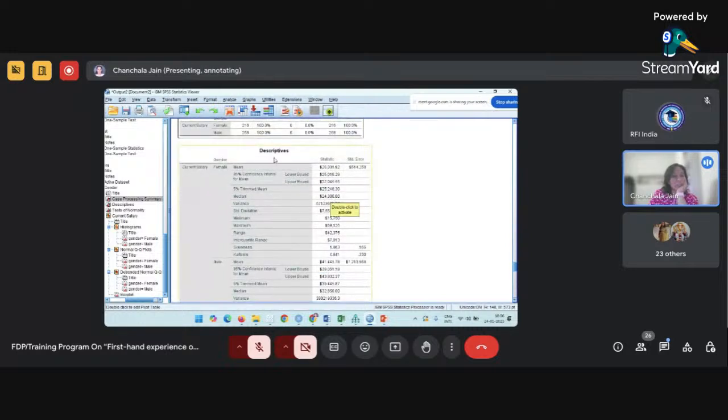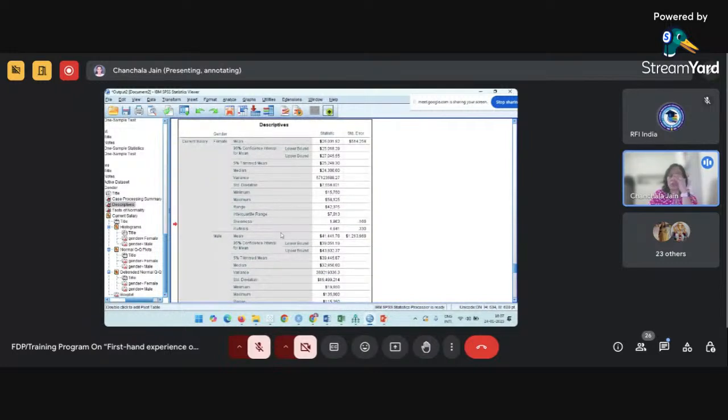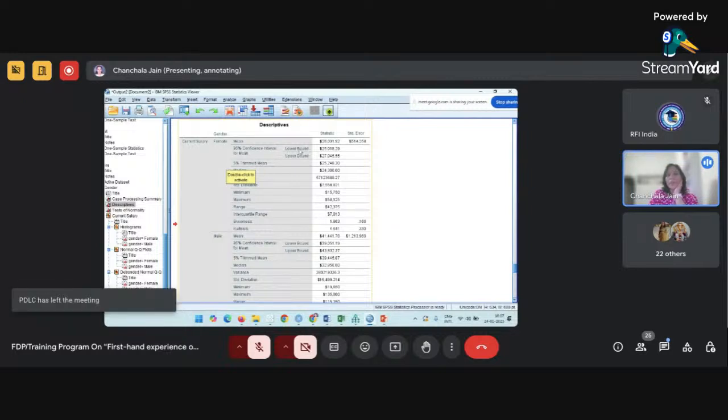Further, talking about the descriptive statistics, now descriptive statistics for the salary will be according to the two categories, that is female category and the male category. So in both the categories, you need to see whether the salary is normally distributed or not. I think you can recall we have talked about the normality using skewness and kurtosis, right? Apart from that, I told you generally mean, median, and mode all three are equal in case of the normal distribution, right? So you can find for the female, the mean salary is 26,031 point something, 95% confidence interval for